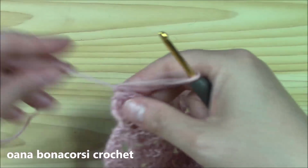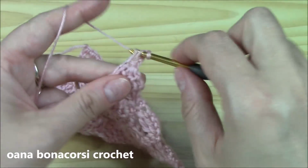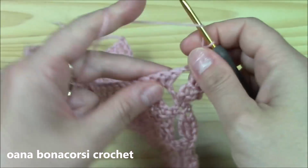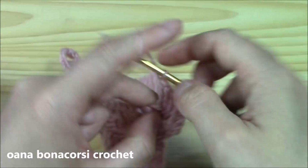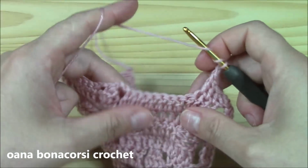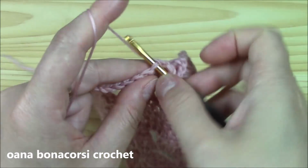So we will begin with 6 double crochets, chain 3, and into the next 2 chains work 2 double crochets, 1 and 2. And we have to work 3 more double crochets, so into the next 3 double crochets work 3 more double crochets. Yarn over twice, and skip 2 double crochets into the next, work your petal,